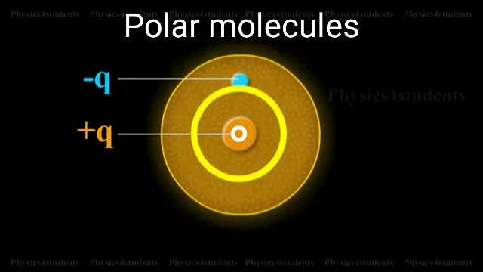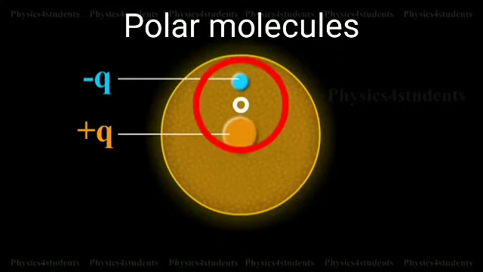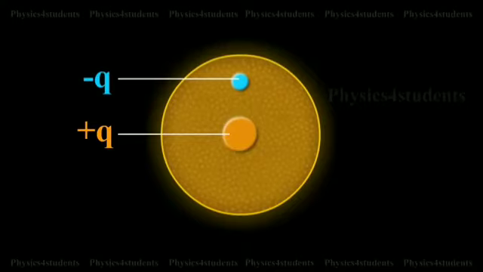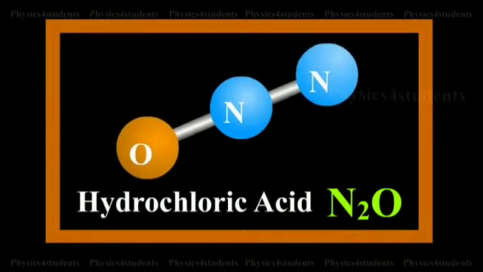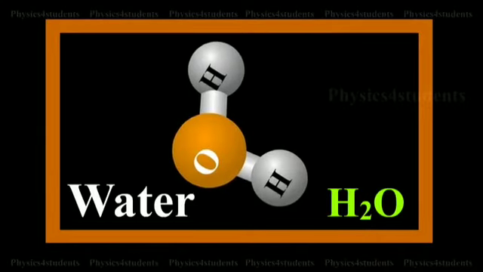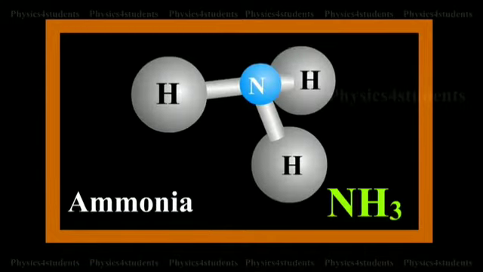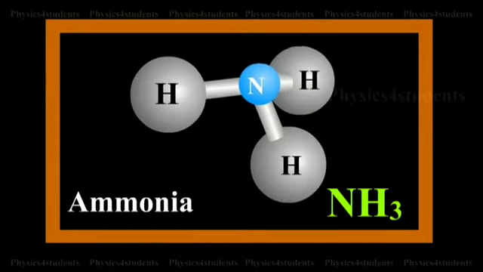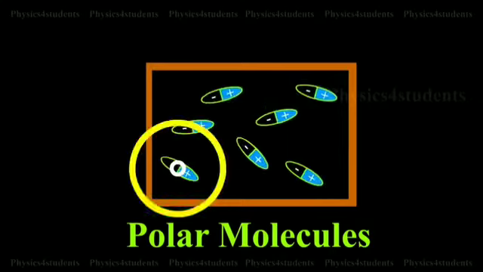Polar molecules. In polar molecules, the centers of the positive and negative charges are separated even in the absence of an external electric field. They have a permanent dipole moment. Examples of polar molecules are H2O, HCl, NH3, N2O. Without an external field, the net dipole moment is 0. Next, when an external electric field is applied, the dipoles inside the polar molecule tend to align in the direction of the electric field. Hence, a net dipole moment is induced in it. Then that dielectric is said to be polarized by an external electric field.